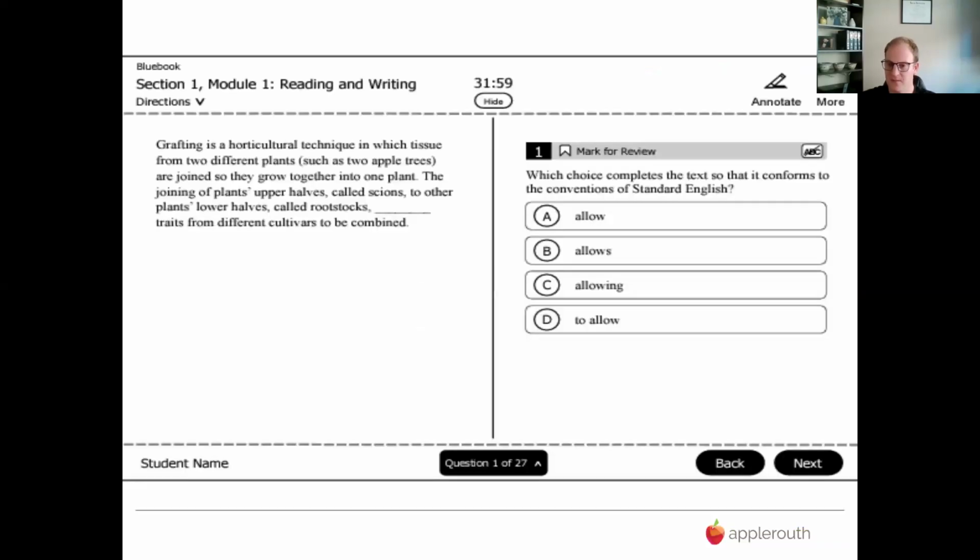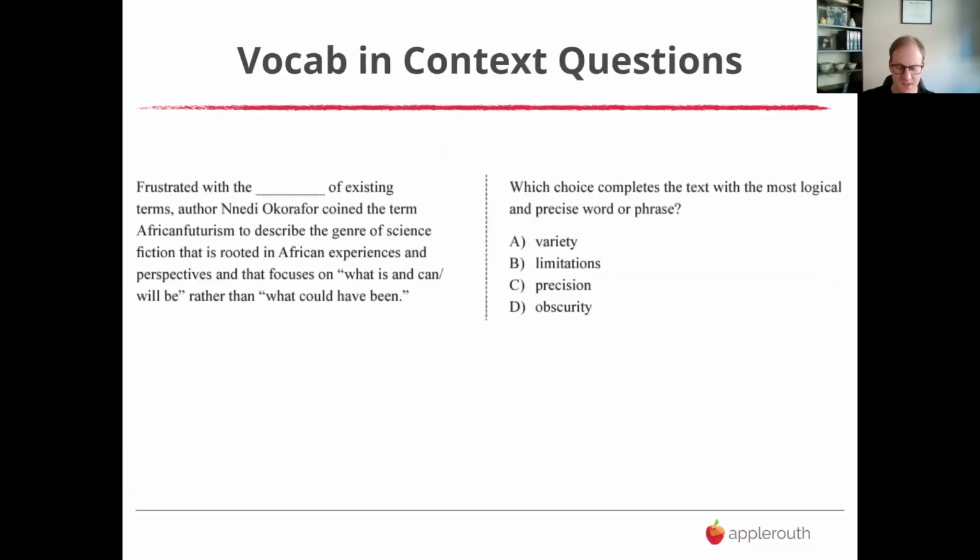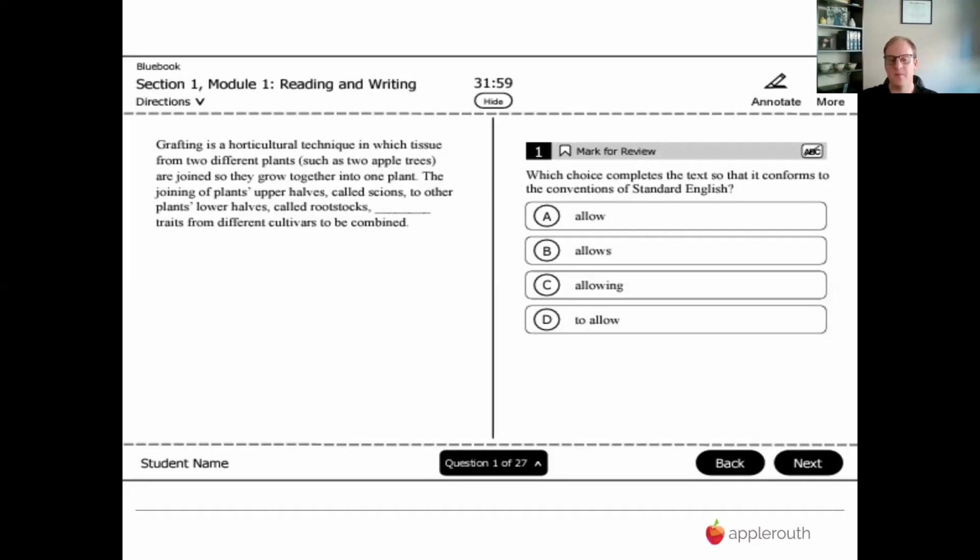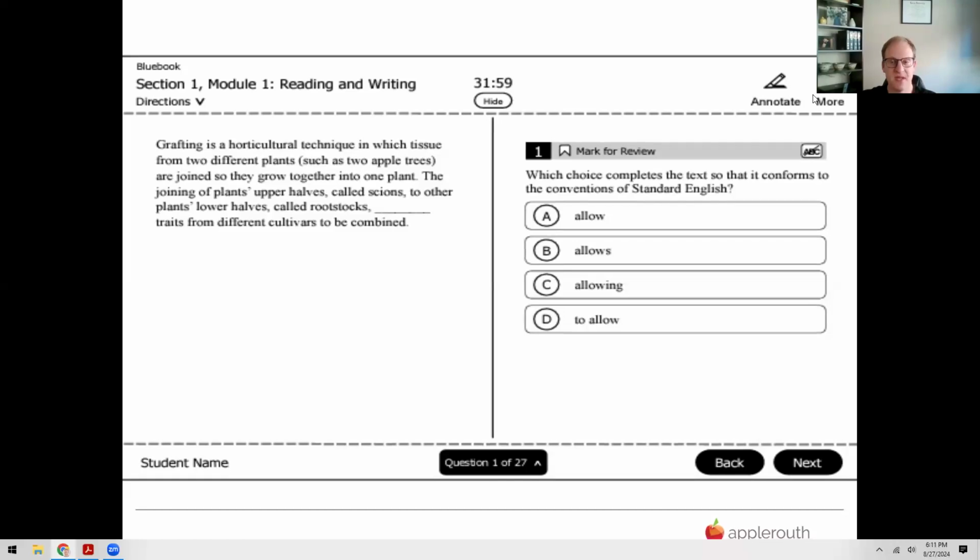And that looks like this. So here's our first practice question today. This is actually a grammar question. Oops, go back. You can definitely try to solve it, but what you can see on this page is what you'll see on test day. And very important, I think, when you're practicing for the SAT, to download the Blue Book app on your computer and just work with it.